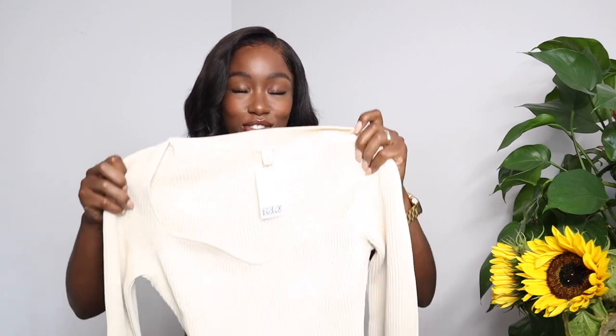But this is what I've bought so far. Really pleased with what I've picked up. So let's try it on together, do a bit of a keep or return. Let's get started. So first up is this top, which I was really excited to get my hands on because